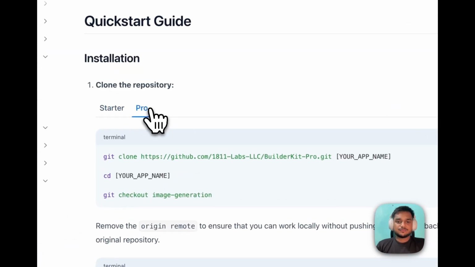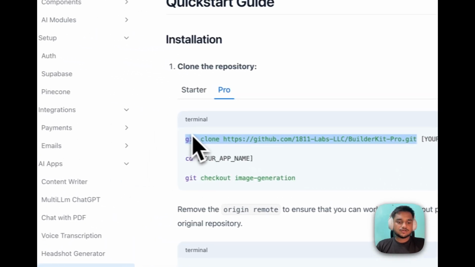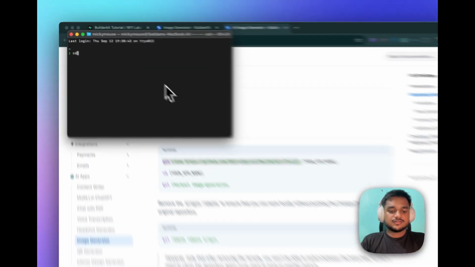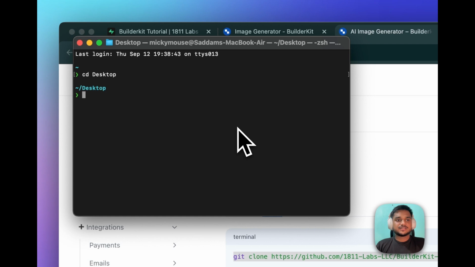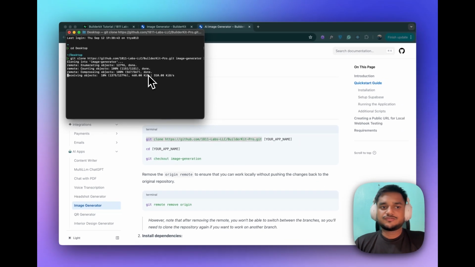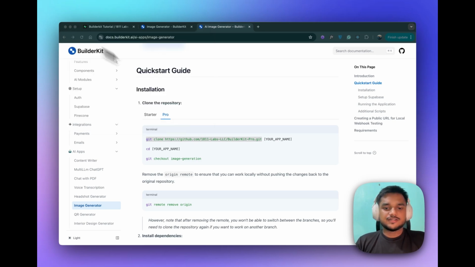Since I already have the pro plan access, I'll just copy this one and open this terminal to download this project. I want to create my project in my desktop directory, so I'll go to desktop and download it here. I'll name it image generator and hit enter. It will take a few seconds to download this project from the GitHub repository to my local system. Okay, so now that the project has been downloaded in my desktop folder, I can close this terminal and open